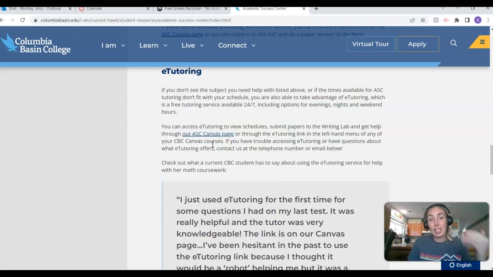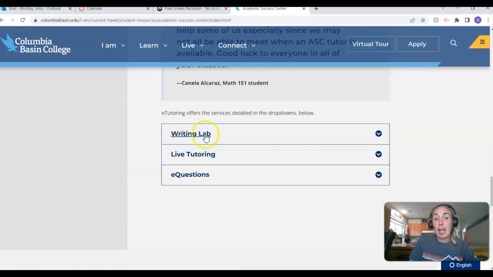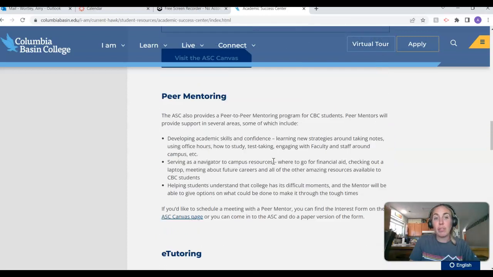So it's a win-win because you get extra credit points, which makes your grade better, and you have a stronger essay, which is going to get a better grade. So you win in like 2 ways, and your essay gets just that many more points, which is fabulous. So you can do that through e-tutoring, you can do that with drop-in tutoring, or you can do it with the writing lab. And in order to sign up for the writing lab, all you have to do is go